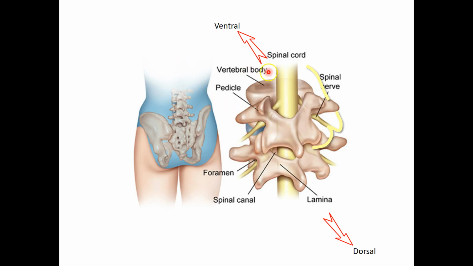And ventral is towards the top of the screen and the left. Dorsal, or think about the back of the body, is towards the back of the screen and towards the right. So we're looking at this a little bit of an oblique view. And here we have two adjacent vertebrae with a spinal cord that's running right down through them in this canal